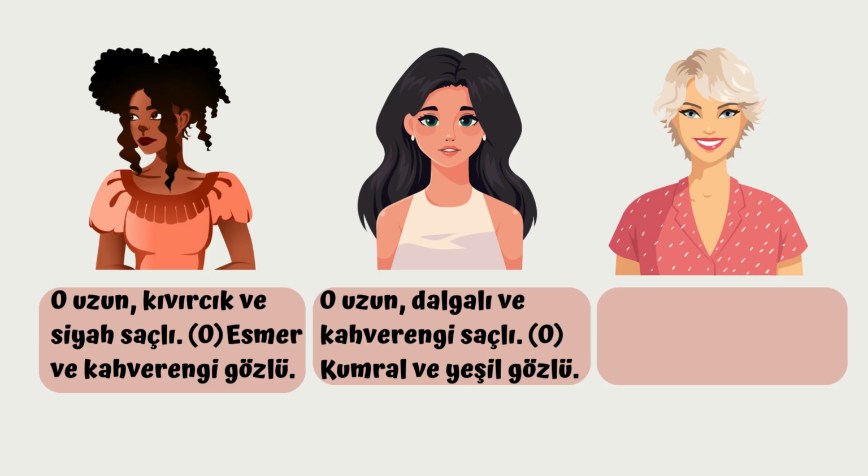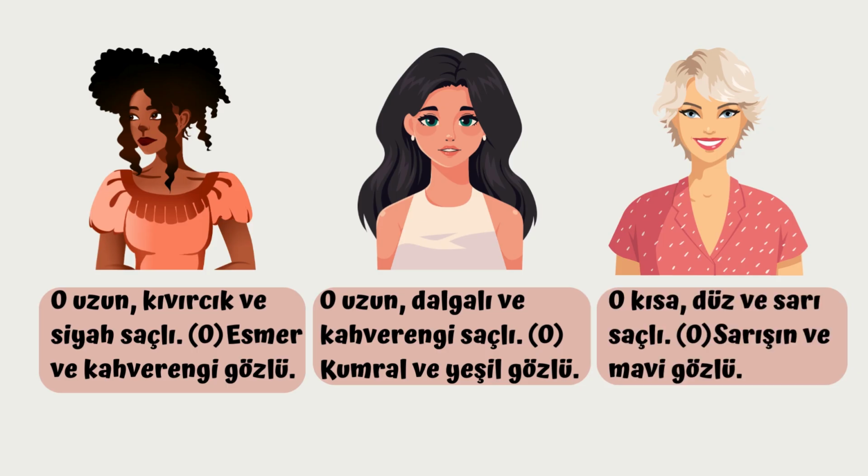Okay, and my answer will be o kısa, düz ve sarı saçlı, sarışın ve mavi gözlü. So she's with short, straight and yellow hair. She's blonde and she's with blue eyes. Okay,